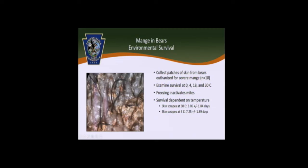So for this, we collected large patches of skin from bears immediately after they were euthanized, sent those down to University of Georgia, and a grad student there basically put them at different temperature chambers: at freezing temperature, winter temperature, which would be refrigeration at 4C, more spring-like temperatures, and then summer temperatures. And he basically monitored the survival of those mites every hour, and then eventually every day until they were no